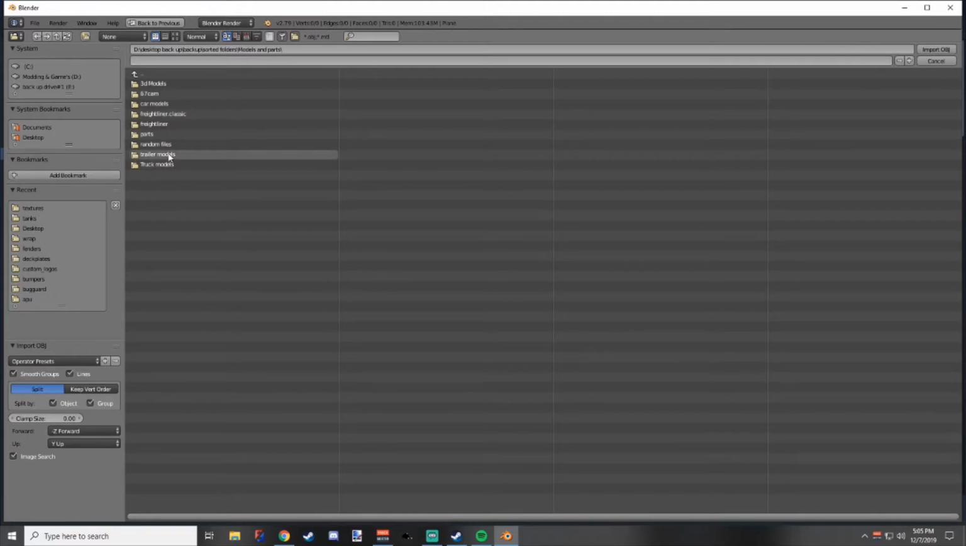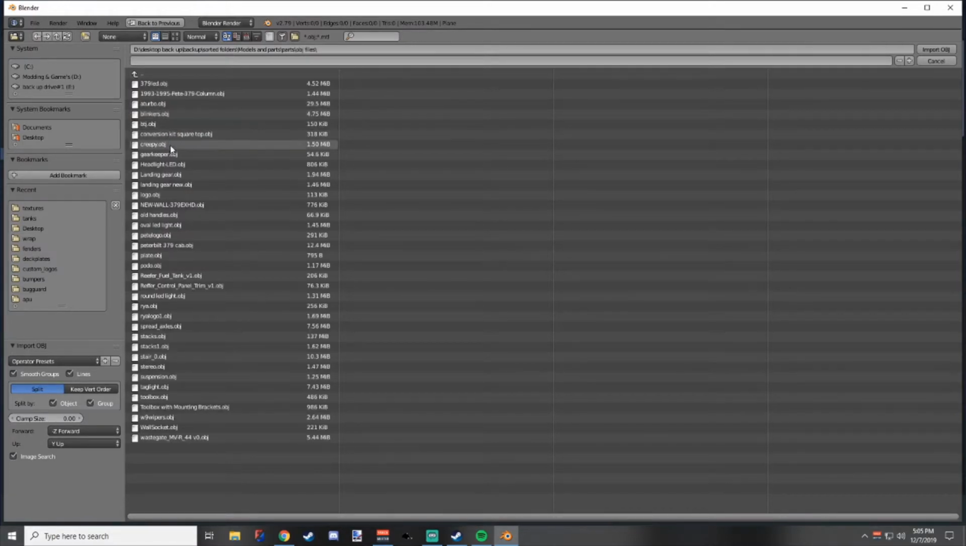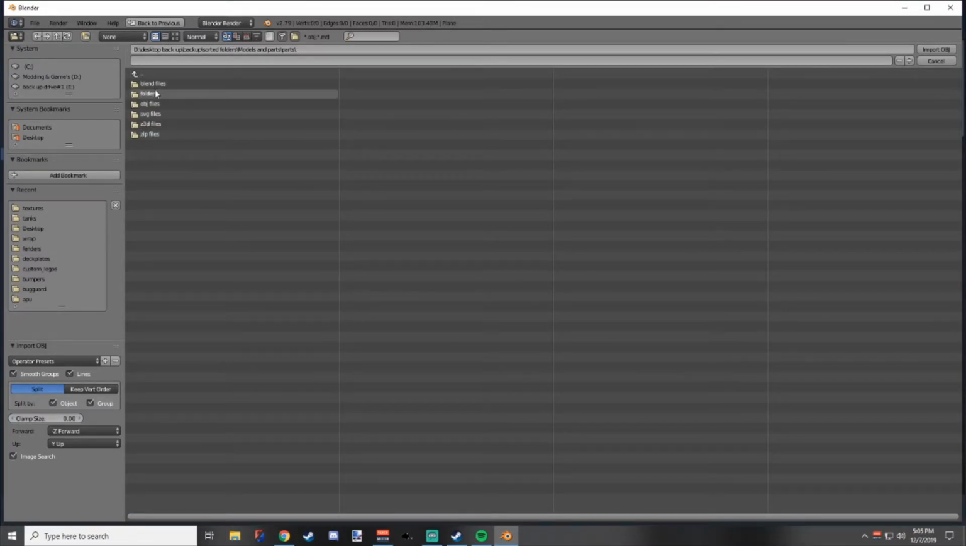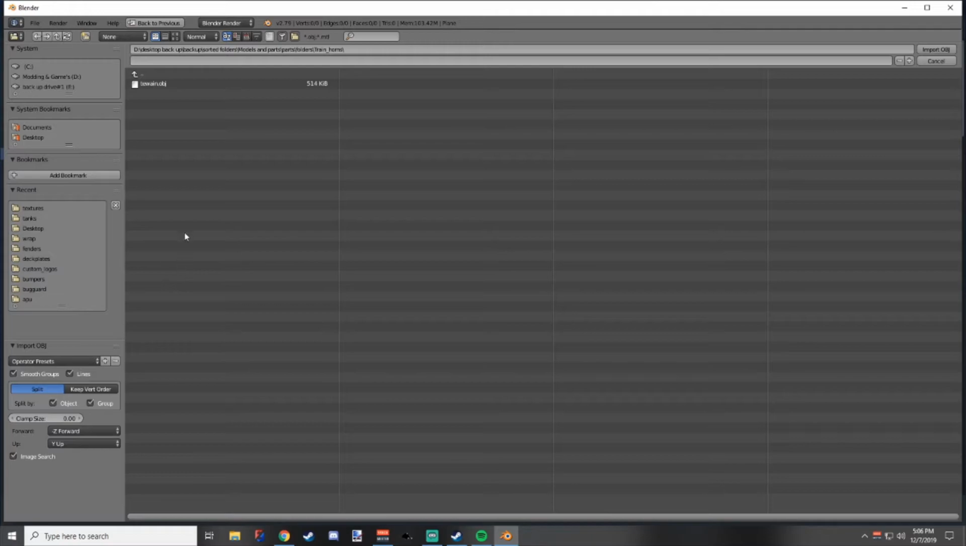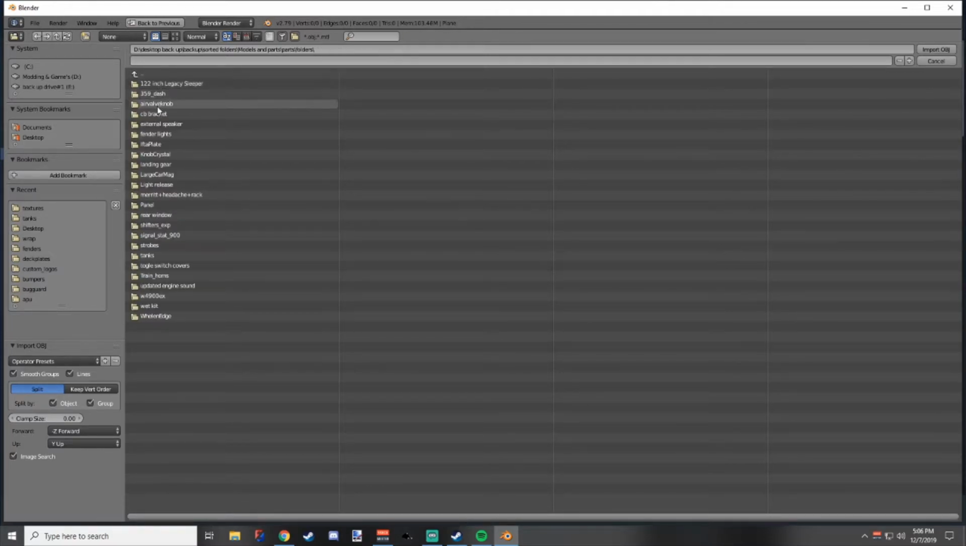Models and parts, OBJs. Not what I need. I need horns. Where is my horns? Train horns. Well, I already had train horns on the truck, so